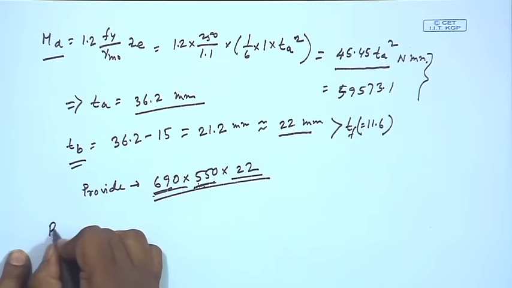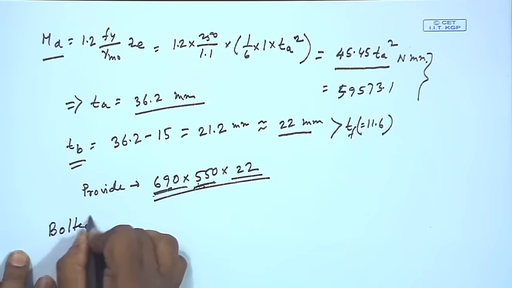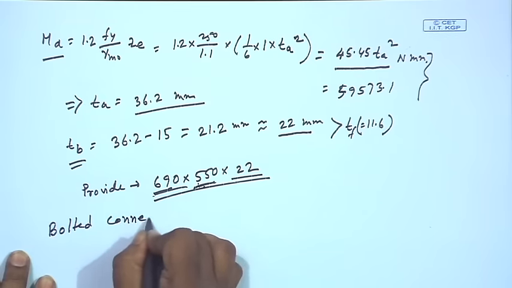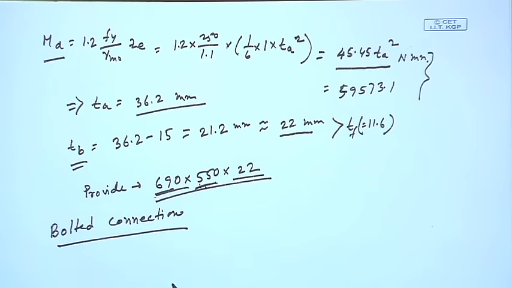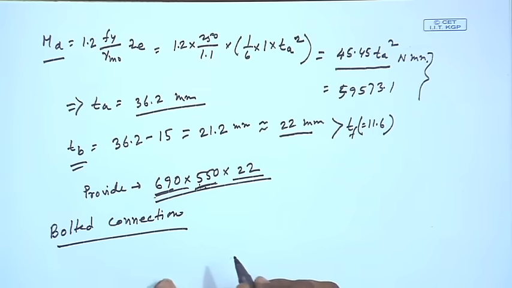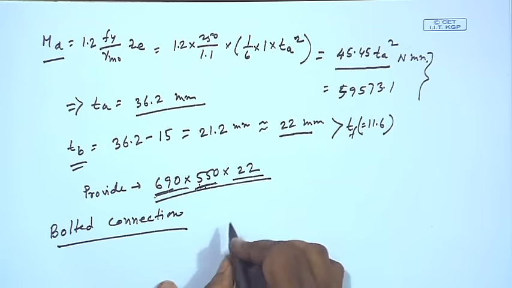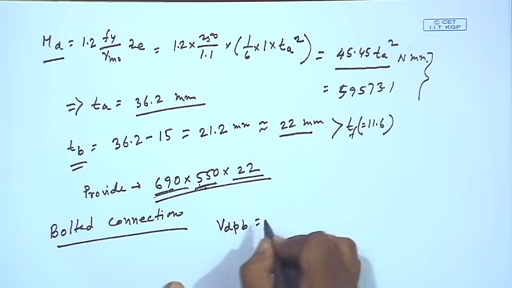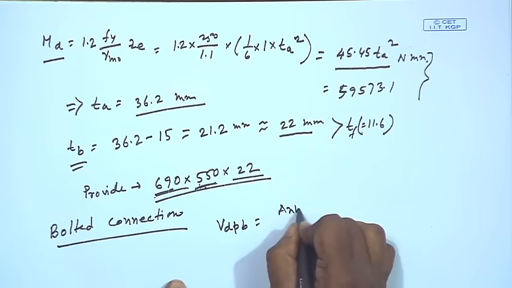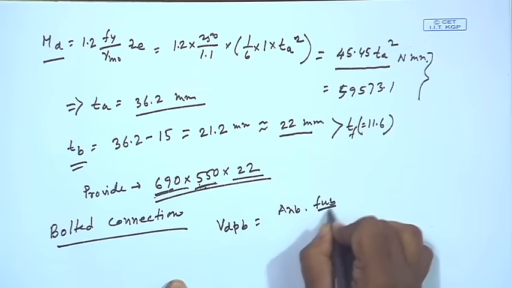Now, we will go to the connection, and here we are providing a bolted connection. So, for bolted connections, we have to consider the bolt value. Bolt in single shear, because this will be in single shear, will be calculated as VDPP. So, that we know is ANB into FUB by root 3